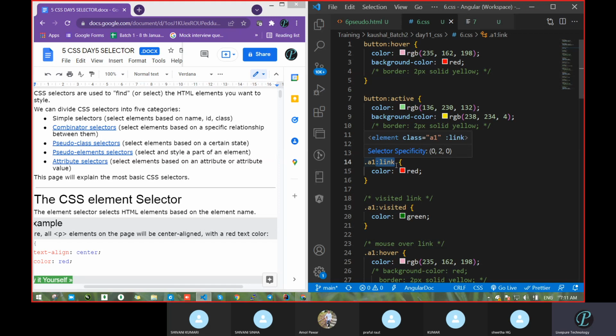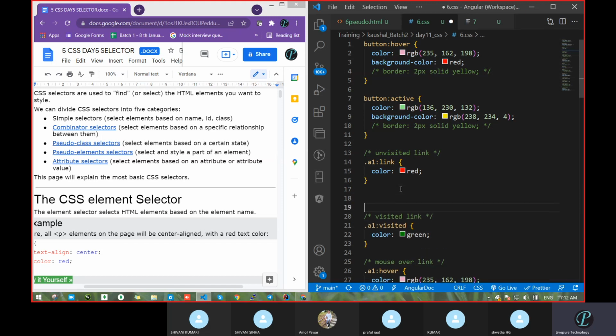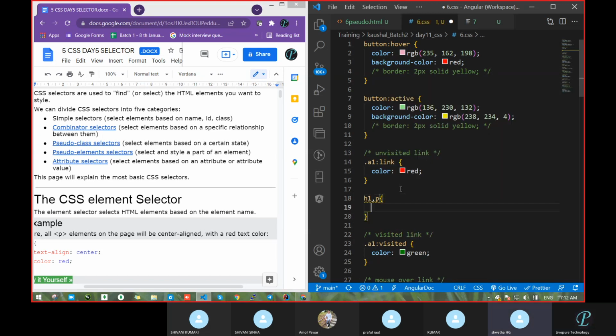So with the help of the colon we write the pseudo class. Suppose you look at a simple class, or when we grouped multiple elements, we passed h1, then a comma, then p. Otherwise there was a space relation also, like div and p.